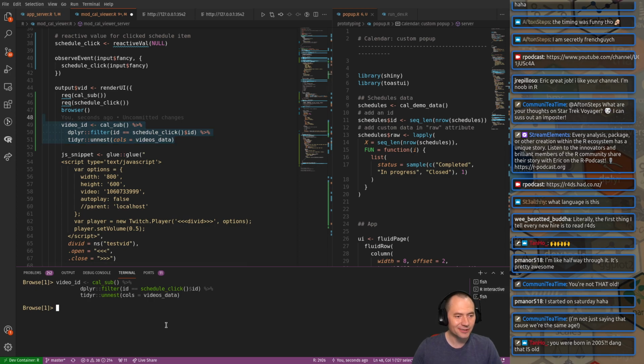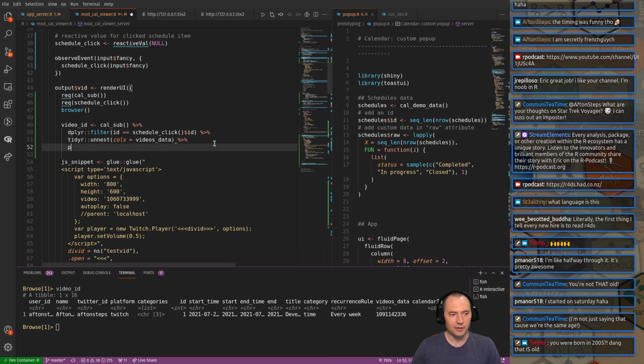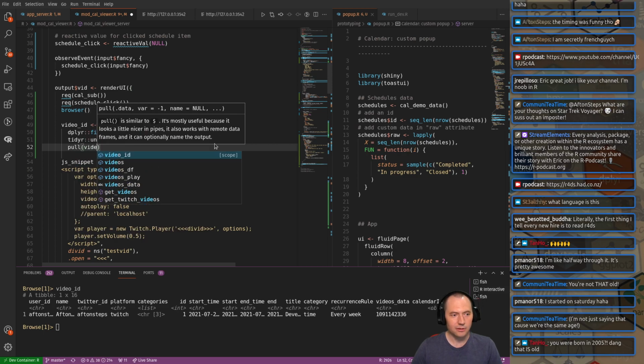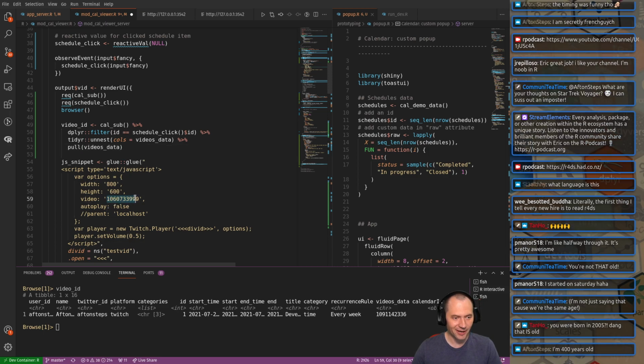Let's see, video ID. What do we have here? Wait, that didn't quite go as expected, right? User ID, platform categories. Oh, okay, it did do it. It's right here, so I just have to pull it again. Okay. Let's pull that. Alright, and then this. Oh, the magic's about to happen. I hope this works. We have